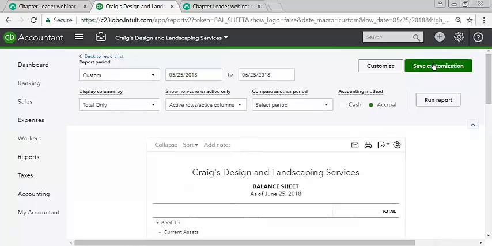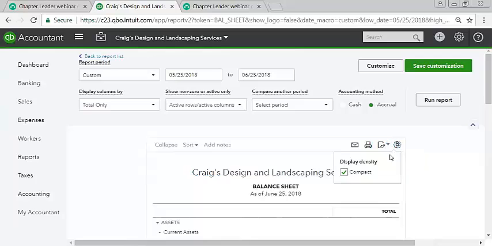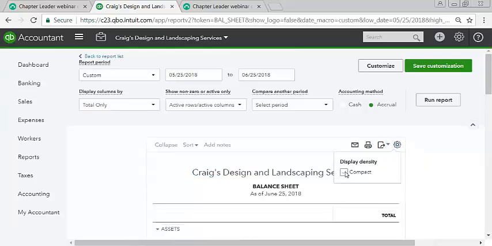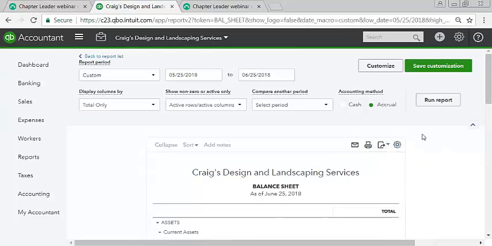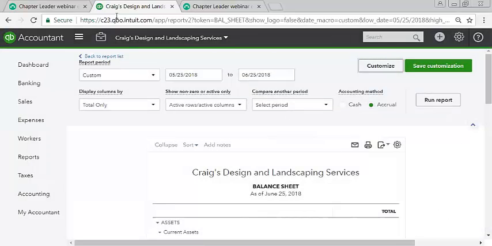If you're happy with it, you can save your customization. This is your export to Excel or to a PDF, print option, or email. You can have it detailed or make it compact. Again, you can still switch it to cash or accrual. If you want to customize it more, you go back to your customize screen and then run the